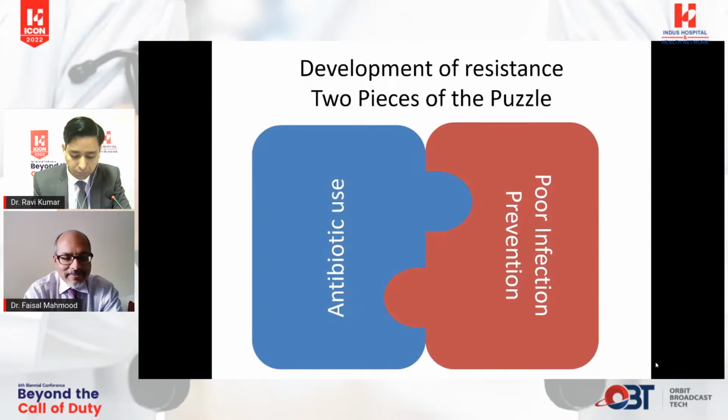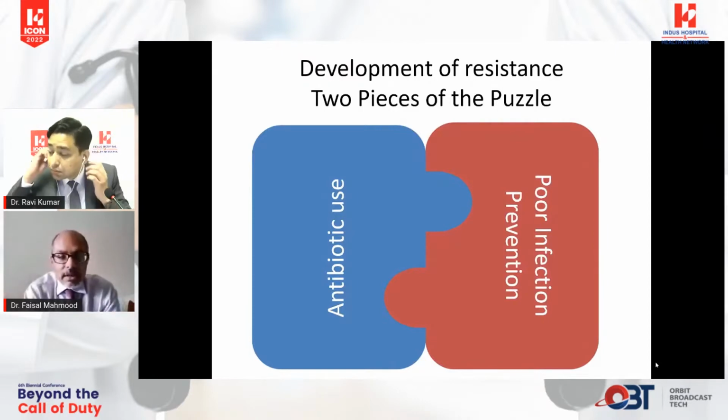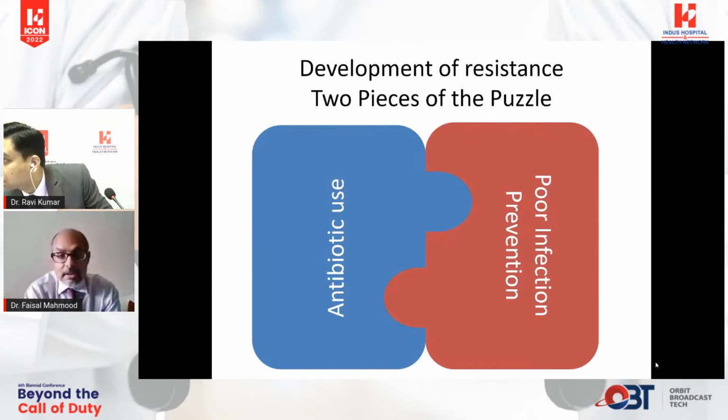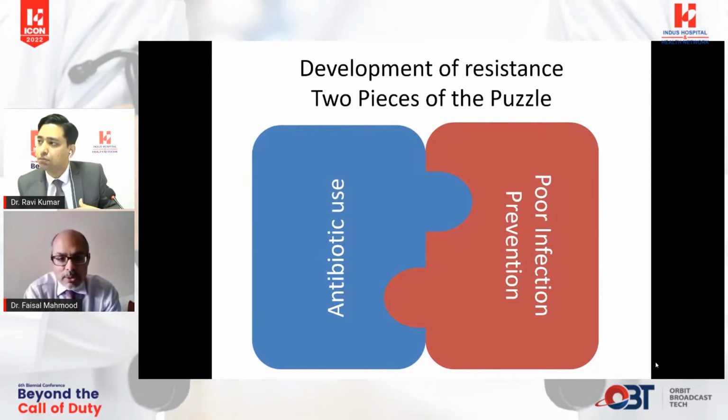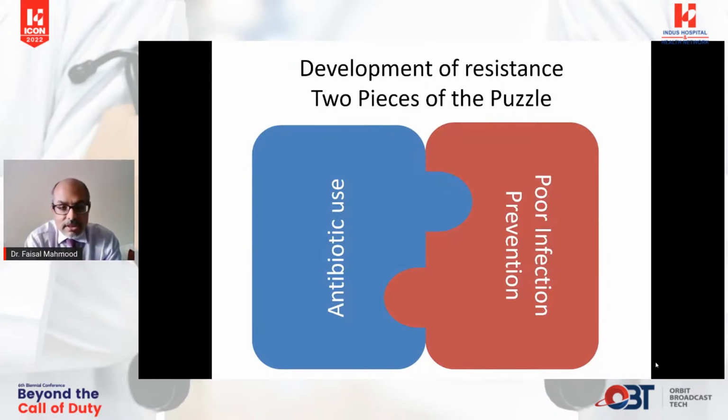use, and the other is poor infection prevention. Both these come together, and when they come together, they cause bacteria to become resistant, especially within the hospital. Now, they're both very important. I think infection prevention is probably closer to my heart in many ways because that's what I do for a living for the most part. And this is really everybody's job, doing infection prevention. But when we talk about physicians, the one thing that really is under us is antibiotic use, because we're the ones who decide on using antibiotics